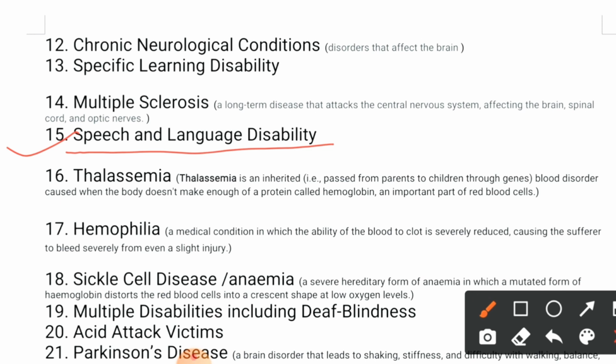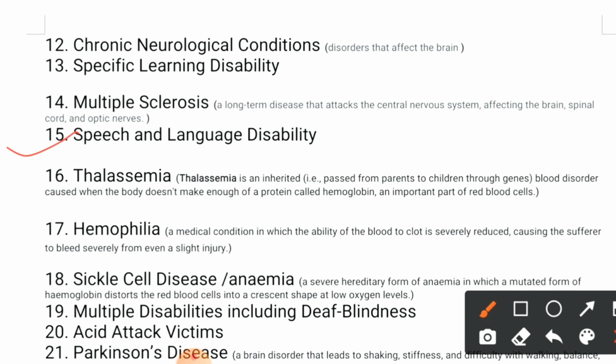If a child from that background goes to school and finds the teacher communicating in a different language, maybe Hindi or English, initially the child faces difficulty understanding the teacher. Supposing he is in an English medium school, the child may not be able to pick up English, so he is going to face difficulty learning this language, right? So this kind of challenge children also face. This has also been considered as one of the learning disorders.